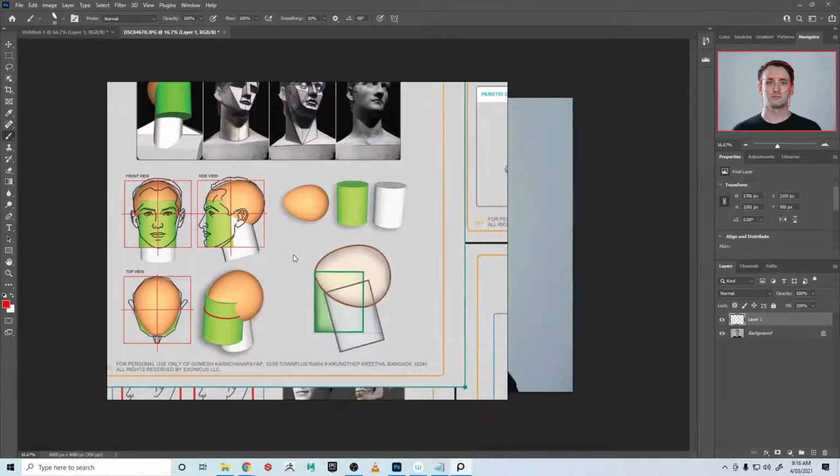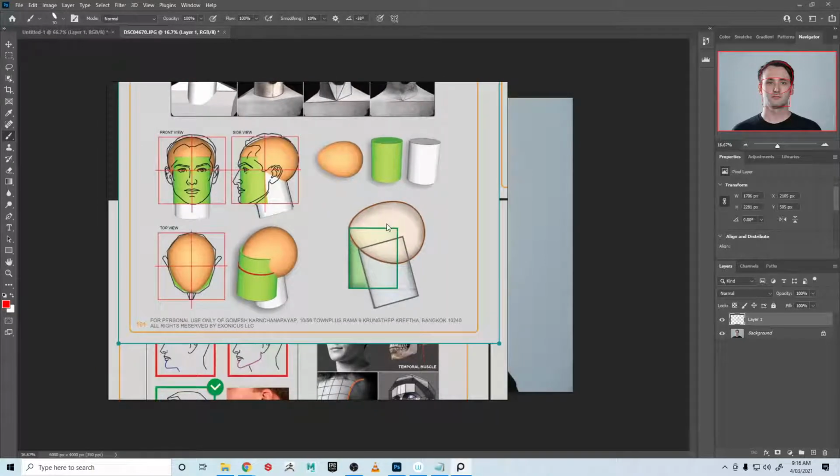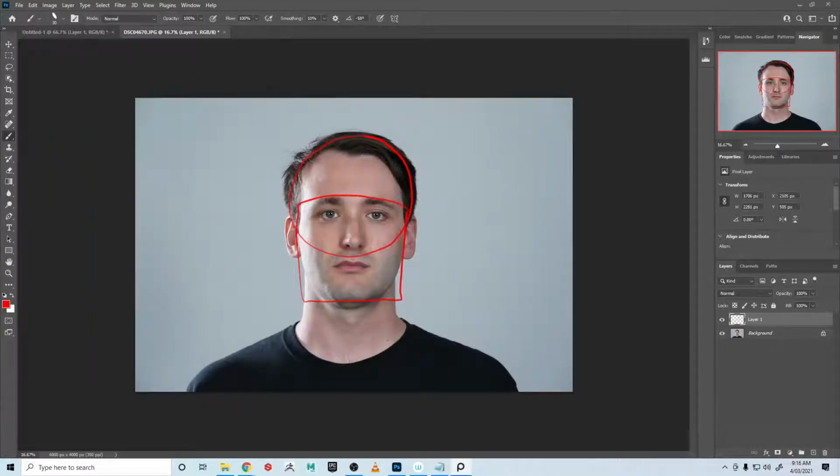Now, from a side view, what you will notice is that the cranium of the skull is not going to be a pure, round cylinder. It's going to be more of an egg sort of shape, and especially when looking at it from the top. So what you want to be careful of is that from a top